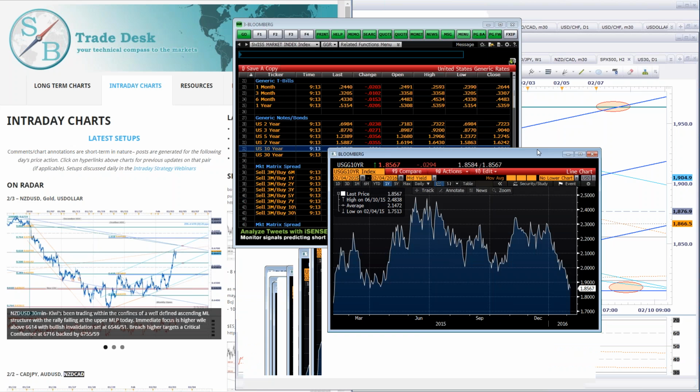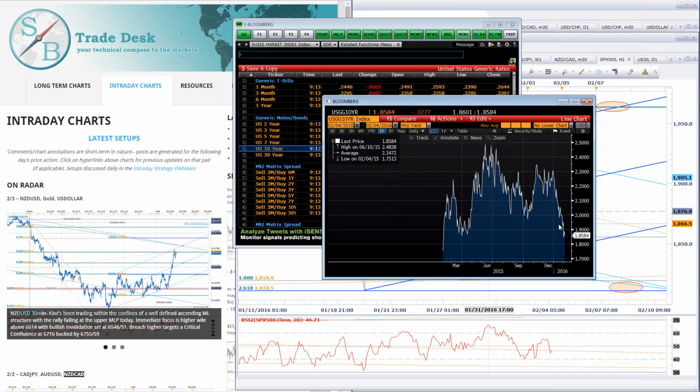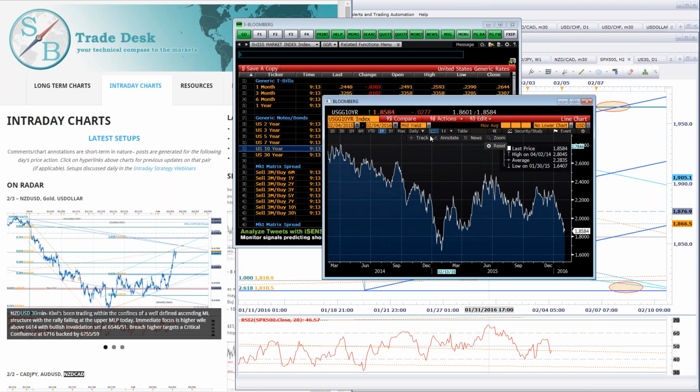So here's what it looks like. This is the 10-year, guys. Last time we were at this mark, it's back in 2010. Early 2015 in February, and that decline maxed out at 1.64%. In fact,